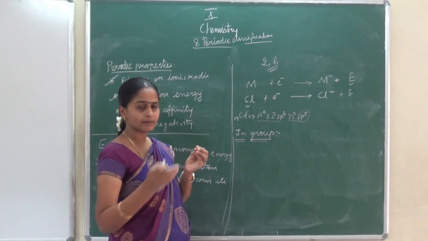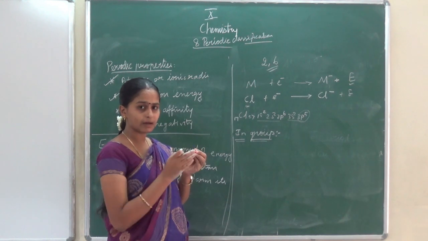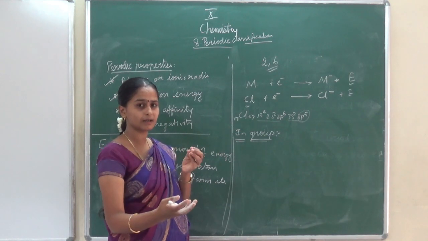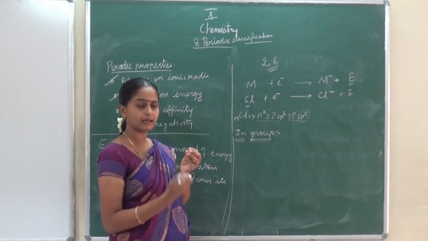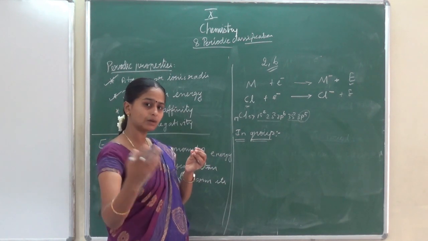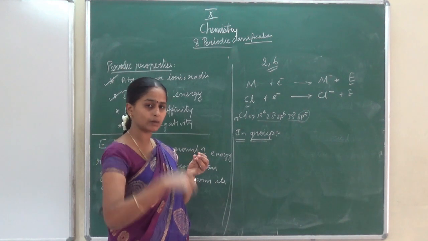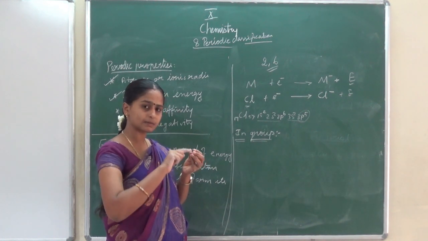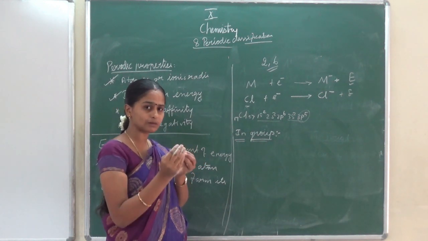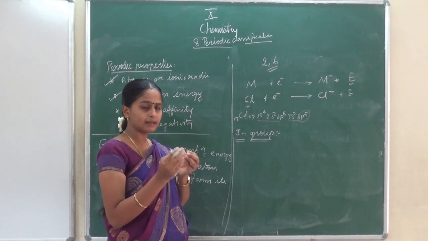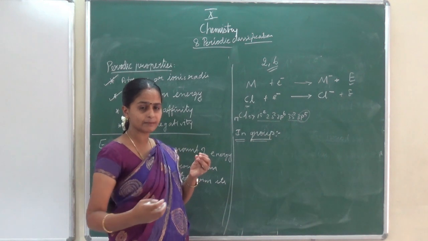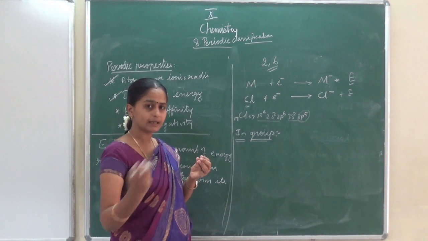Suppose the nucleus and the valence shell are far away from each other, then it cannot exert such effectiveness to hold that incoming electron. Already so many electrons are present around it. Again it has to accept 1 more electron. It has to spend its energy towards the last valence shell. If the valence shell is closer, that means the radius is small, then it can easily gain the electron. If the radius is large, then it is quite difficult for the atom to gain an electron.